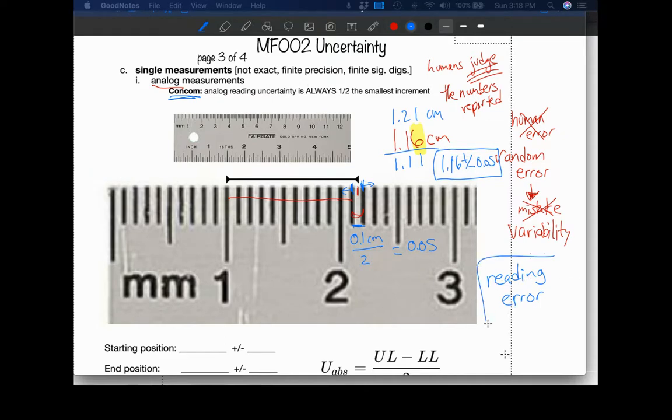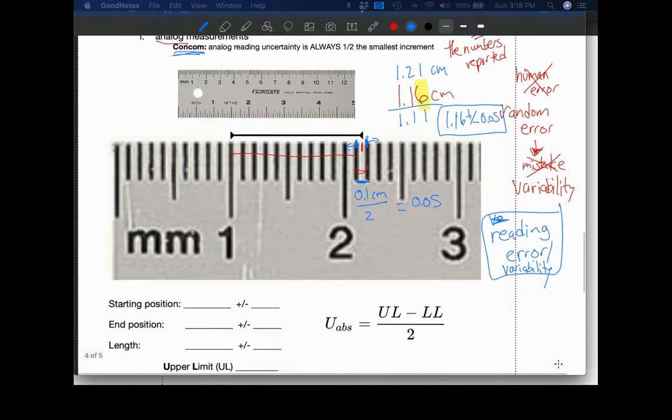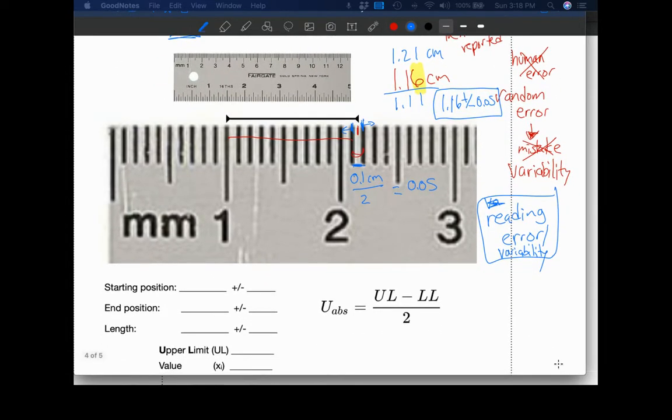It has to do with the variability due to reading the device. And so it's actually unfortunate and prevents students from understanding that we refer to it as error. But really, it's the reading variability, plus or minus 0.05. If it's beyond that, we think there's something wrong. The person's using the device incorrectly, and so it warrants further investigation. Or does the person actually know how to use the ruler? All right, so let's break this down a little bit more.